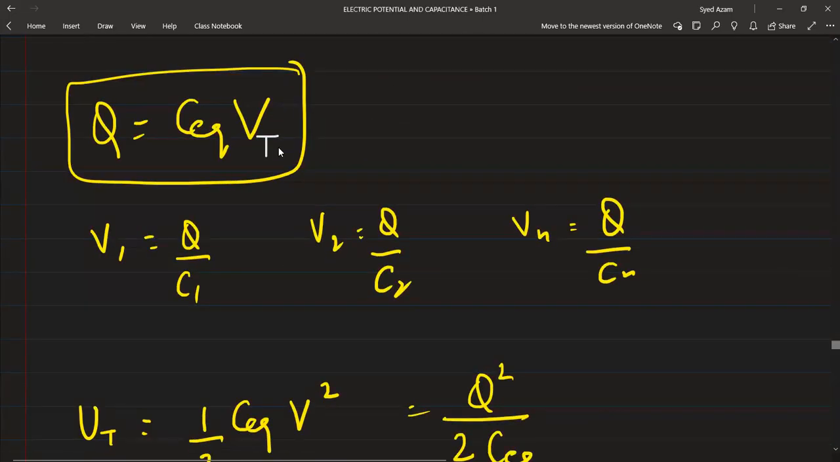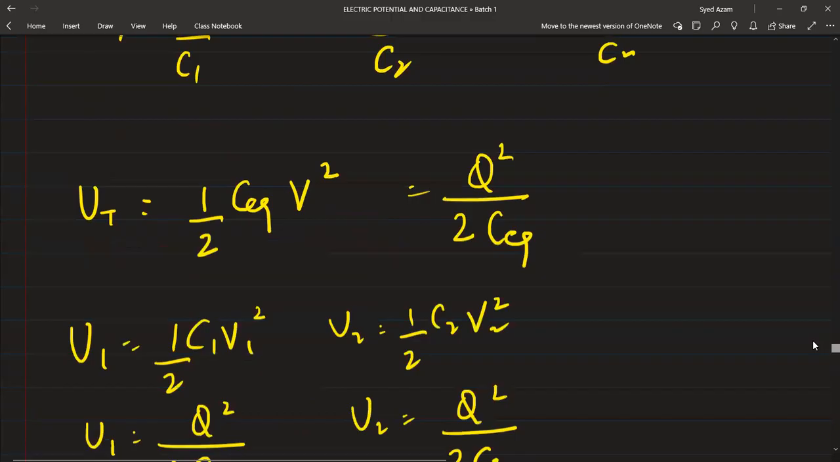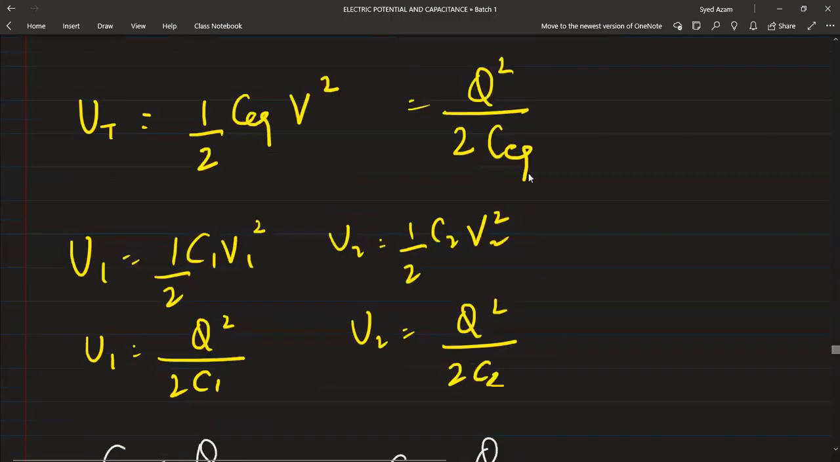Charge will be given by capacitance into voltage. These are the individual voltages. Divide the charge by the individual capacitance; this is how you can get it. And energy is equal to half Q square by C or half CV square, depending upon what's given to you in the question. And coming to the parallel